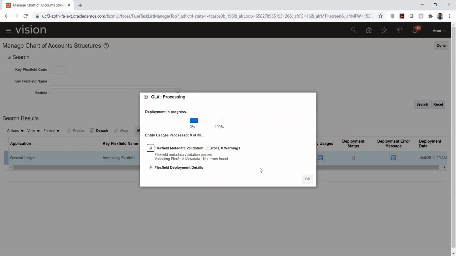No, in EBS we have something like compilation, and this is similar to it. Compilation will not be a concurrent program. Instead, it will be a small pop-up where we need to stay there or we can close it. Until the compilation is over, we need to stay on that page. Similarly, we are staying here. The other option, if this is taking too much time, is to copy our link, open it in the next tab, and work on other things.